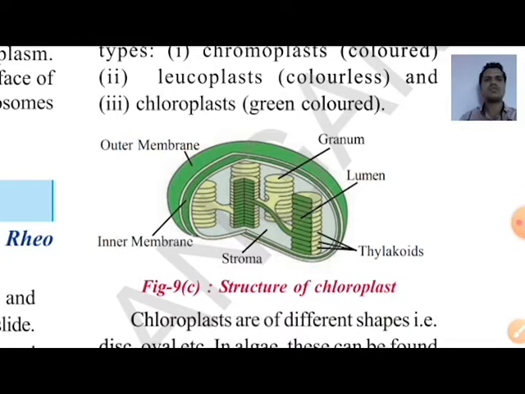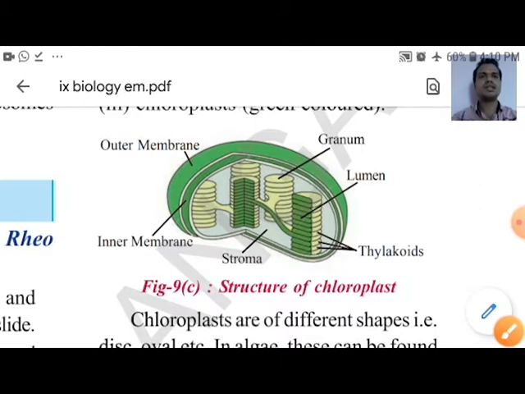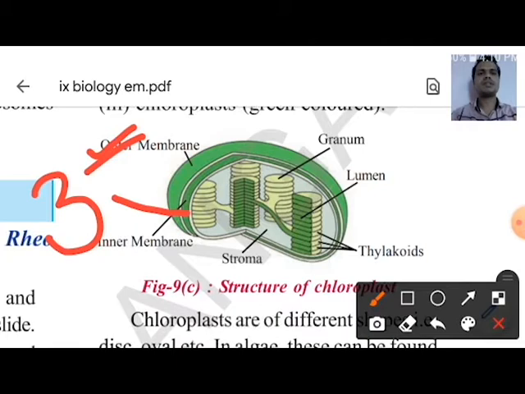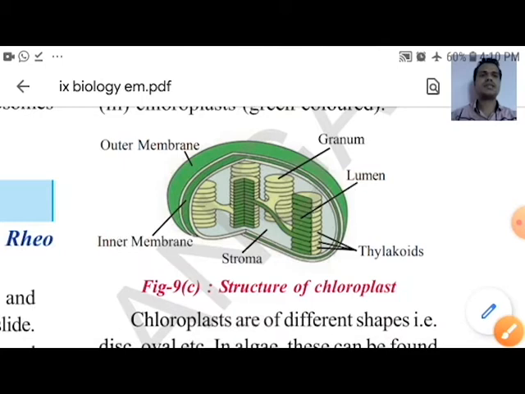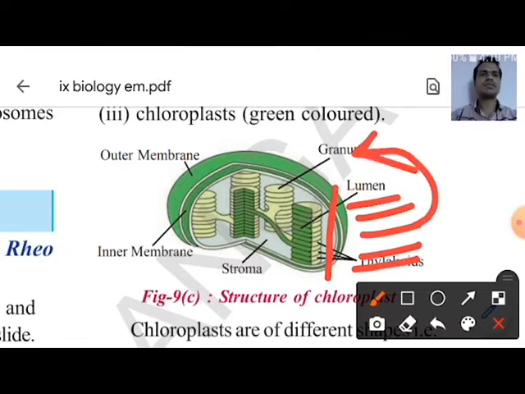Now as you can see here, this chloroplast structure is circular or oval in shape. You can see this is oval or egg shaped. Now inside you can see so many parts, those are called outer membrane. See, actually this chloroplast is made up of three layers. First one is outer membrane, the second one is inner membrane, and the third one is thylakoid. What is that? Thylakoid. Now when these thylakoids are arranged in stacks, one on another, these are called granum. Now inside, some special jelly like structure is available.